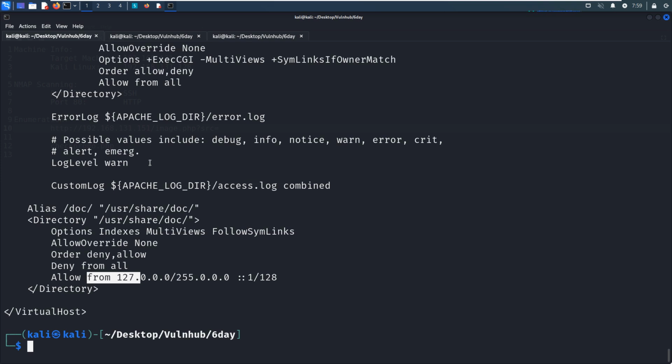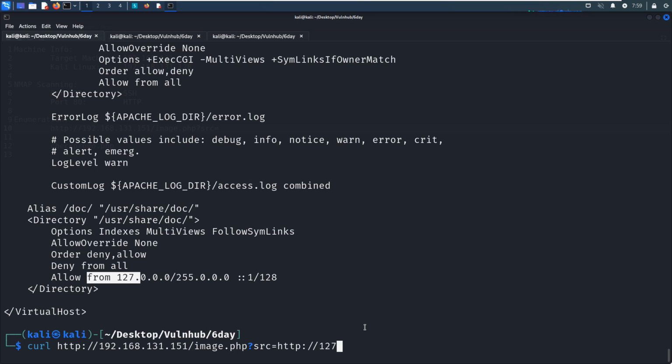So next, we need to test whether we can access this application through the file inclusion point. What I mean is, this is running on port 80, and we can use this local file inclusion vulnerability to access port 8080, right?